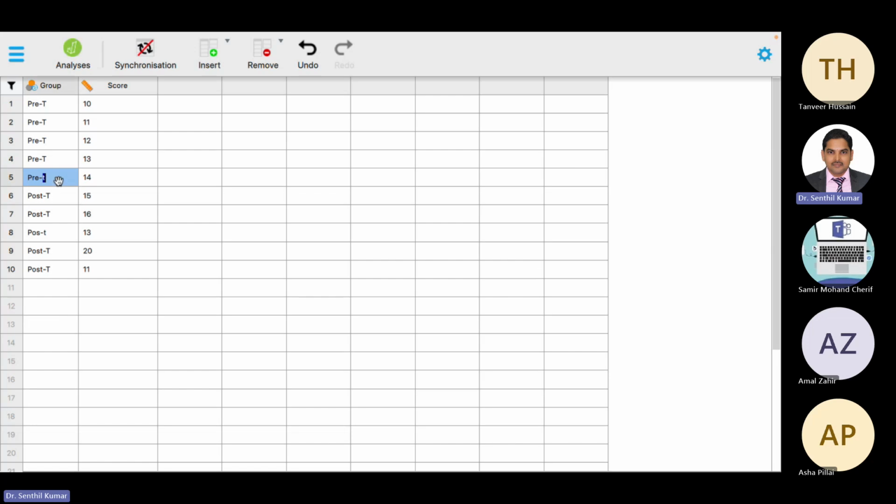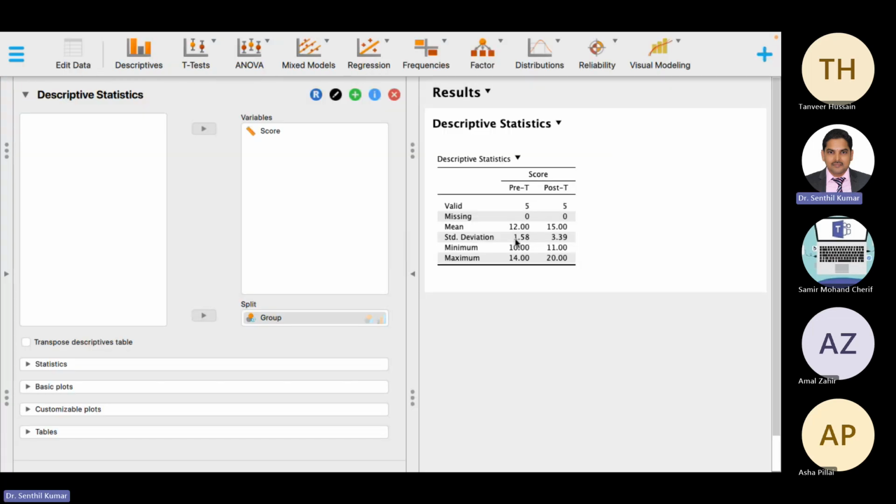I would use the same one. Pre. No, this T is missing. Yes. Now it's okay. Yeah, you can see that very clearly. That's why it is better to use copy paste rather than typing. We may have some spelling mistakes, typo errors. Yes. Now this is the